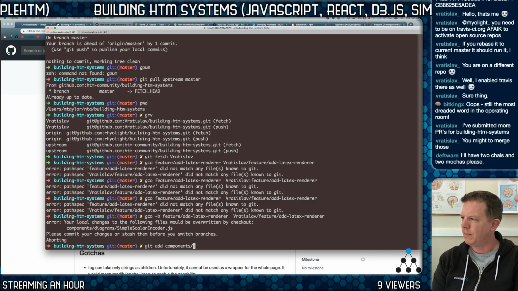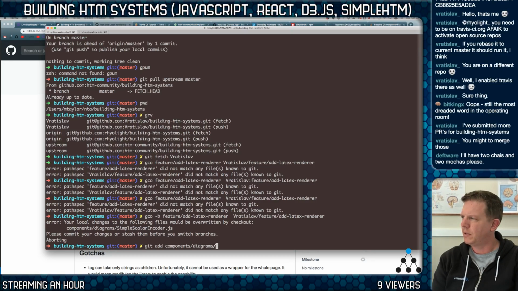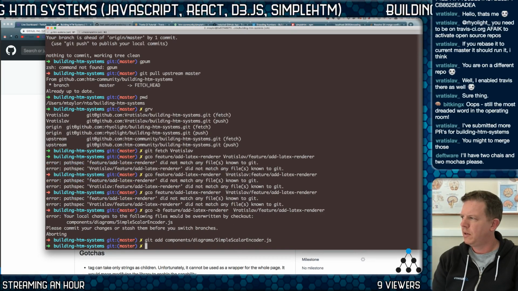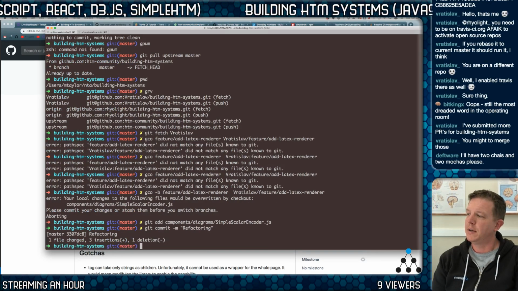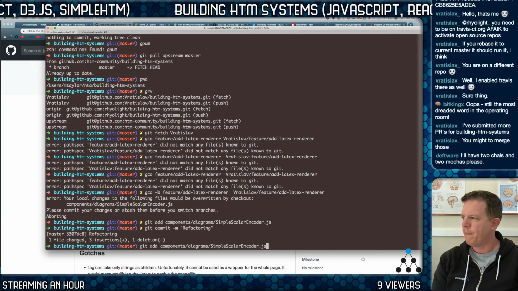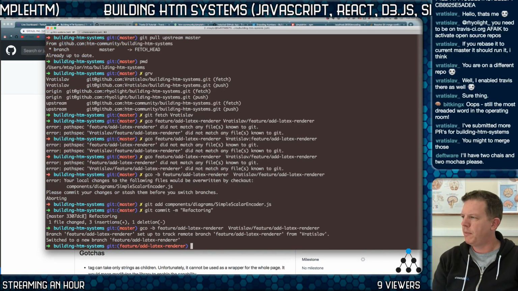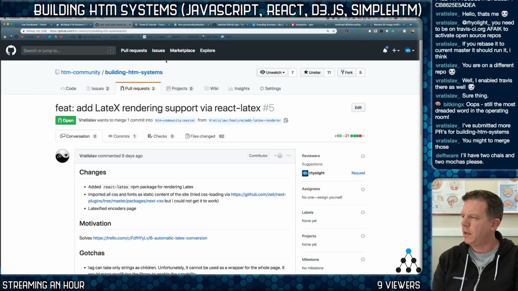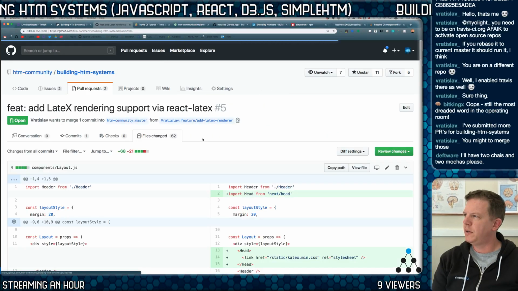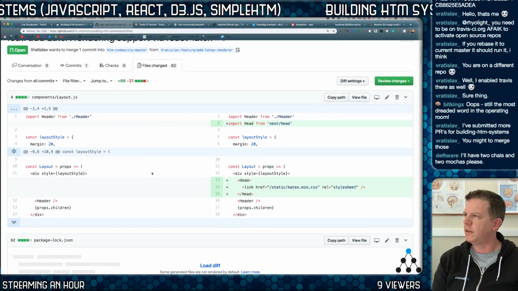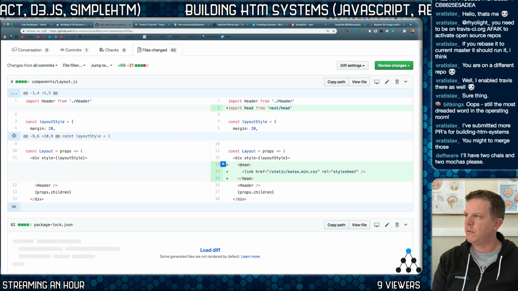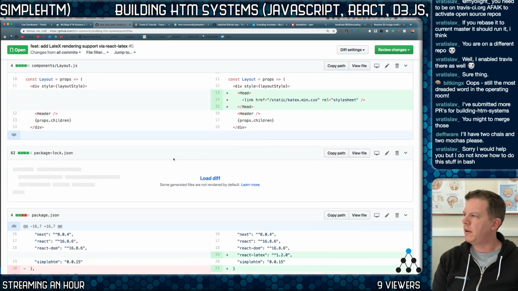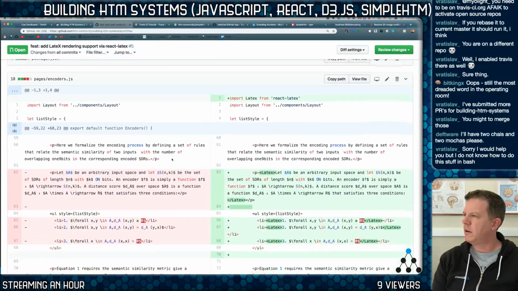I'll add them. Components, diagrams, simple. Refactoring. Explains everything. Okay. Now I'm going to check out that branch and see what the difference is here. So in the layout, we've added a header. This is great because